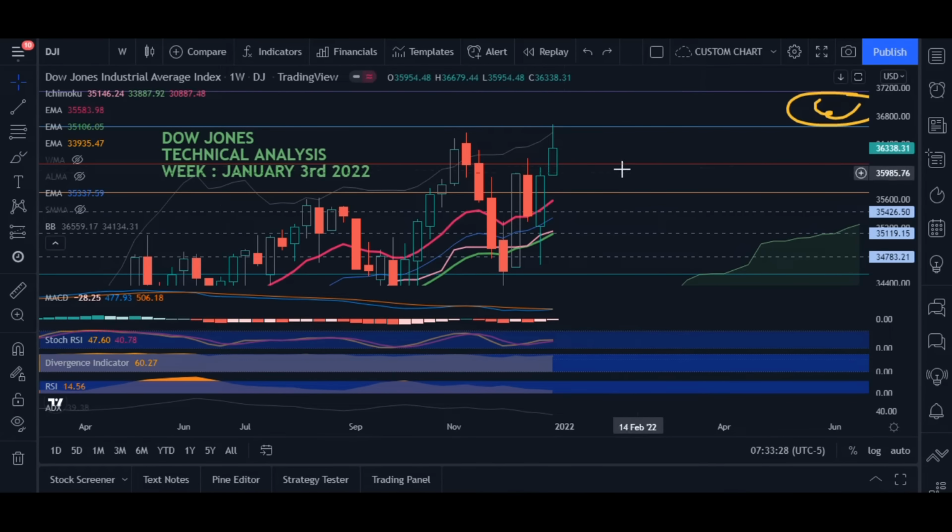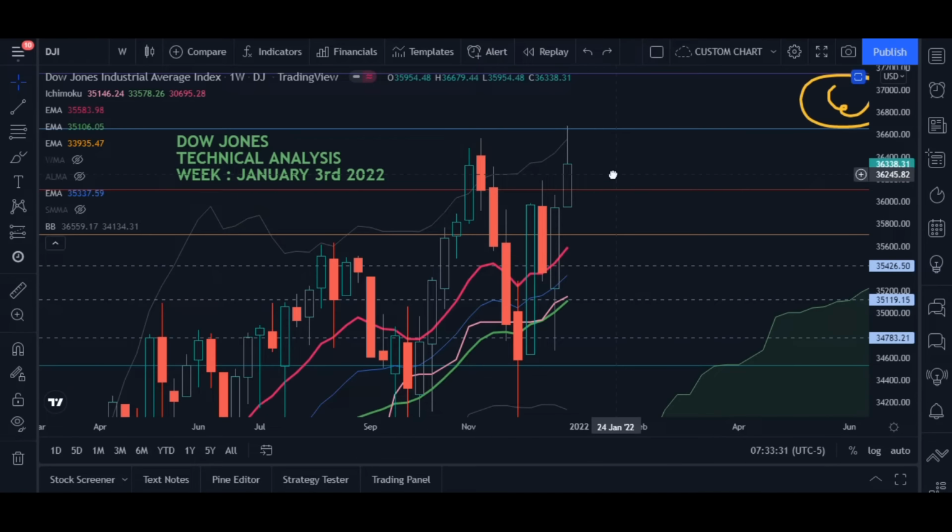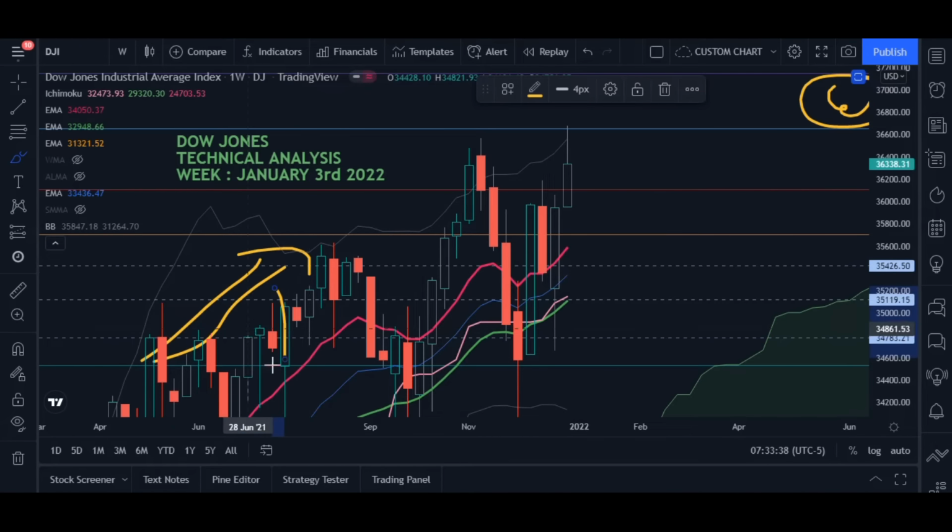So through all of the technical indicators on the weekly chart, it is clear the market is bullish, except the MACD that is saying the market is still bearish. And it was the MACD that brought down the market from all-time high to this level. So you cannot ignore MACD. You must never ignore MACD, because MACD is the most important technical indicator that looks into the divergence in the price.